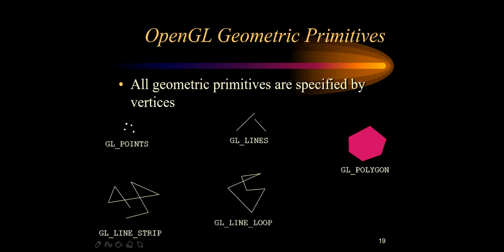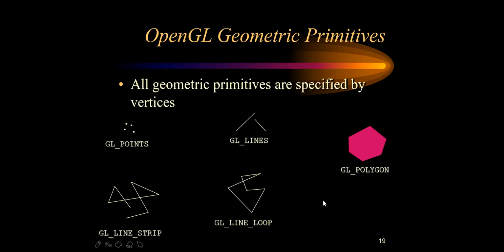But if you give GL polygon, then it will understand that I have to join. As per mathematics, all these things come under your polygon. So if you are declaring anything like GL polygon, any kind of object you can draw. This can be a GL line loop also, this can be a GL polygon. The only difference is in how you give the points. However you have given the points, it will accept and draw the output in that way.